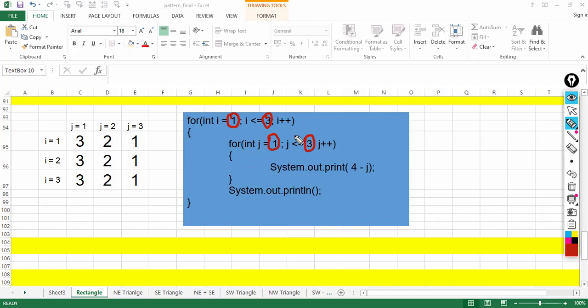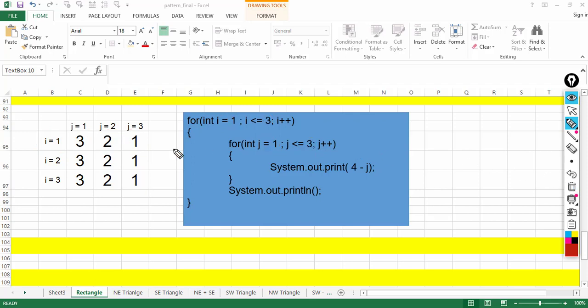And what should we print? If you notice here, the value here is 3. Now we need to find some way of getting this 3 using I or J. If I notice, the value of I is 1 in this entire line, isn't it?